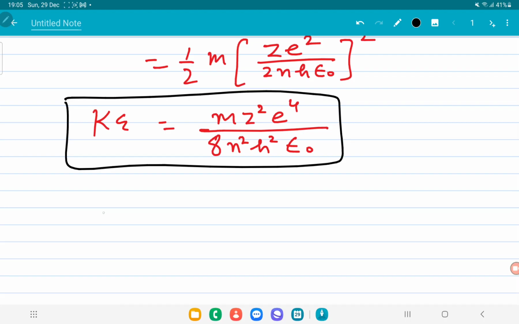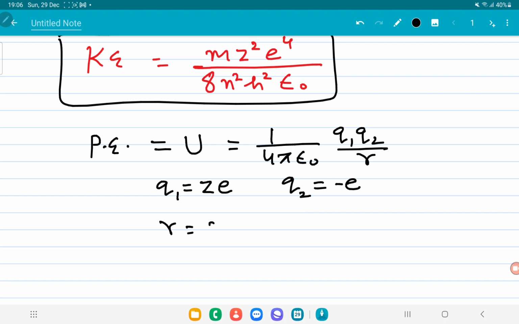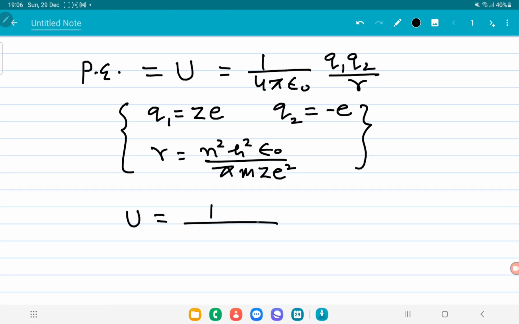If I ask you what is the potential energy, so potential energy is generally denoted by U, and in electrostatics we have studied that the potential energy for a system of charges is given by this formula. Over here Q1 equals the charge on the nucleus, which is positive, Q2 is the charge of the electron, which is negative, and R is the radius, which we have already calculated, n square h square epsilon naught over pi m z square. So if we substitute all these values, we will get U is equal to 1 upon 4